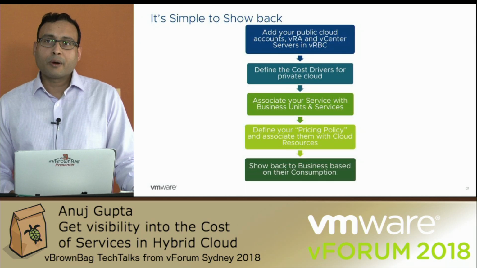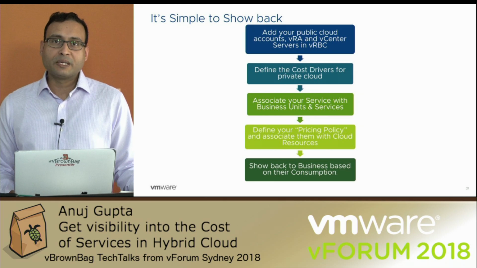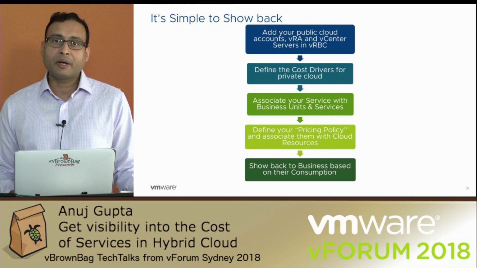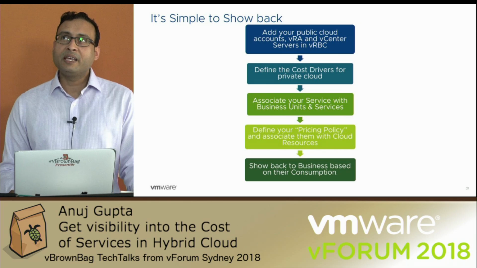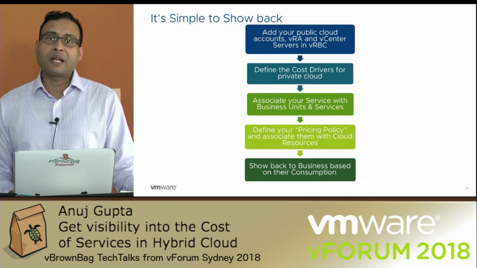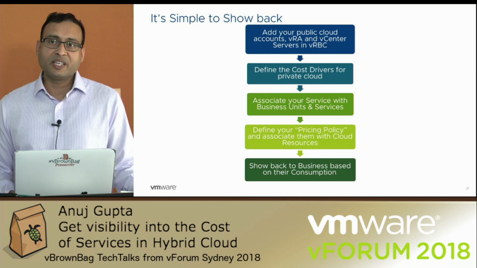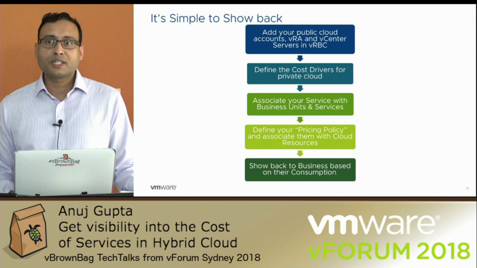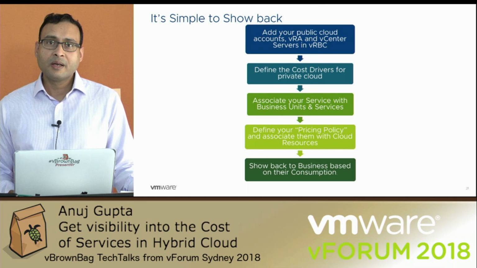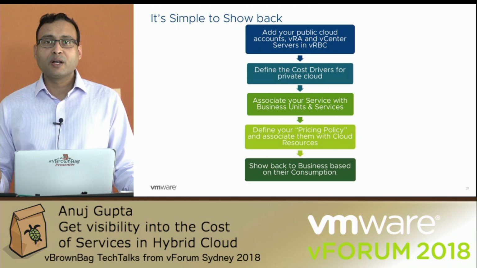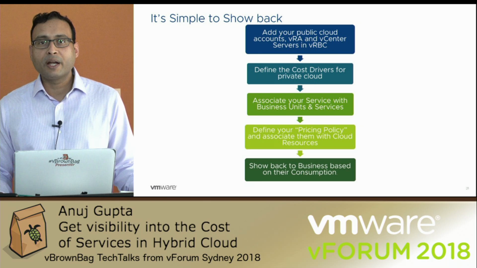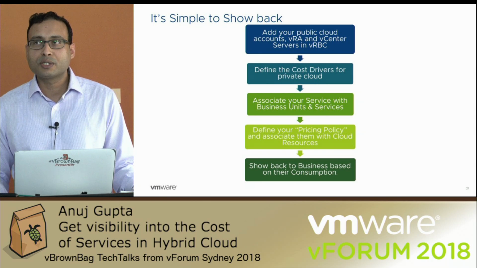So if I want to summarize what you need to do in 4 simple steps, if you want to actually do a showback in your hybrid cloud environment, the process starts simply with adding your multiple endpoints into vRealize Business. Now these endpoints could be your multiple vCenter servers, your vRealize Automation instance, it could be your public cloud accounts like Azure and AWS. vRealize Business supports all of them. And once you add all your endpoints, vRealize Business does a discovery of all the endpoints and the underlying virtual machines which are running on those endpoints,